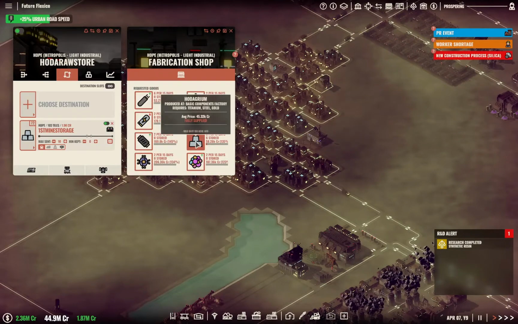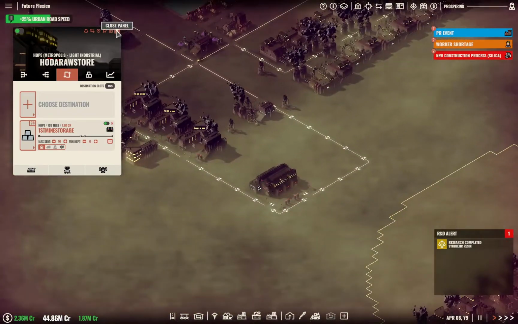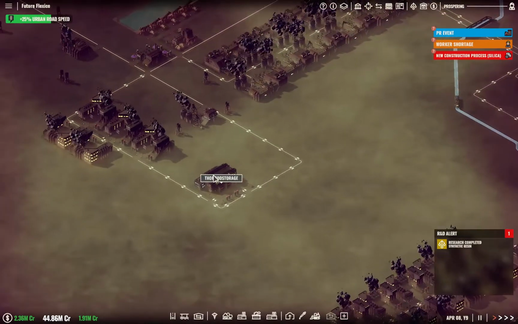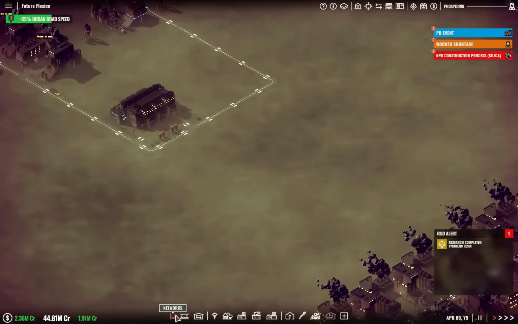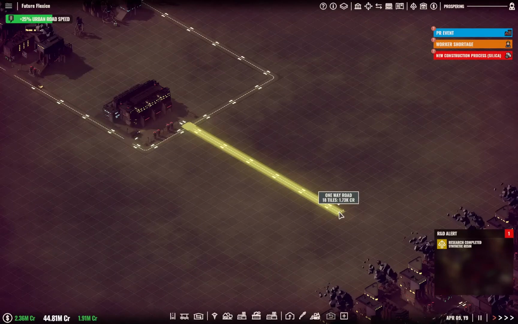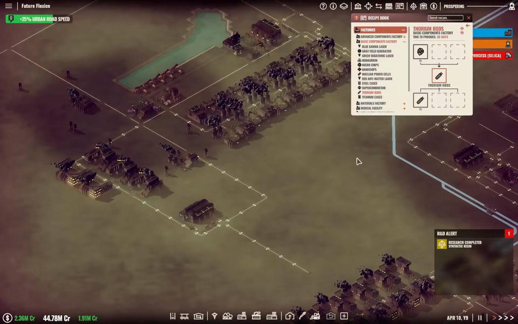It is a fabrication shop. Oh, Lord. All right, so we have lots of extra of the Hoda stuff. All right, so this one, we're gonna want a way for this. We don't need very many of the...